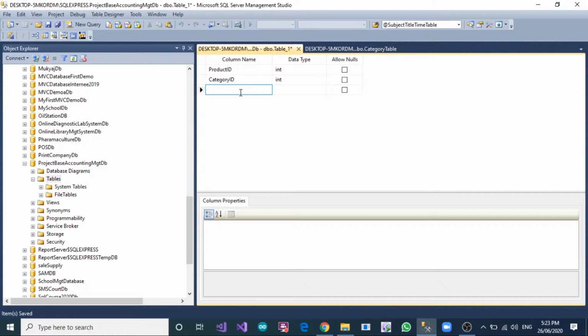Okay, so now product title, we simply write the name of products. So name, varchar 150, then expiry date,